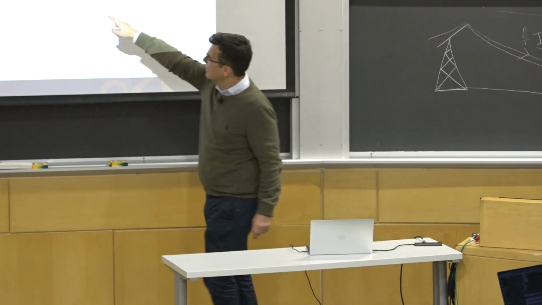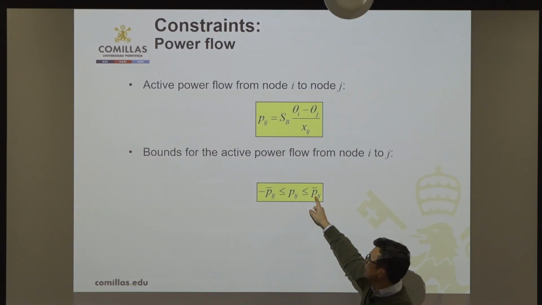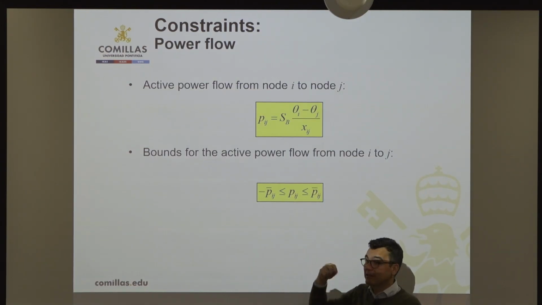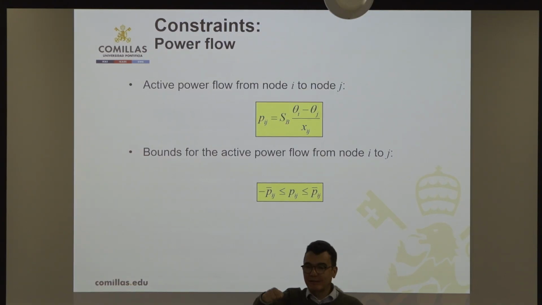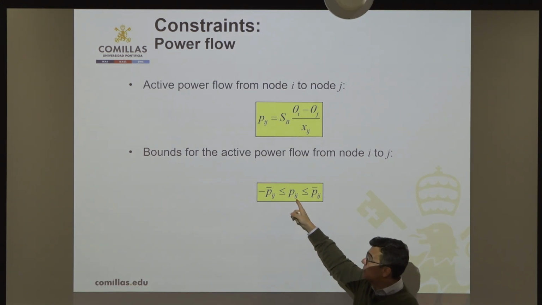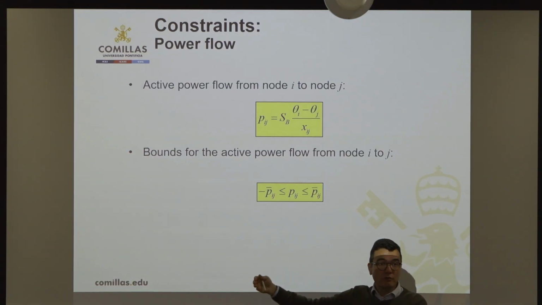So the power flow can go, imagine that is 100 megawatts. The power flow can be negative. What does it mean that the power flow is negative? It's like when you are solving a circuit in high school. You define the current in one direction to be positive. So if the result is negative, it means that in fact it goes in the opposite direction, okay? So here the power, you define it positive when it goes from I to J. So if the value that results from the optimization is negative, it means that in fact it's going from J